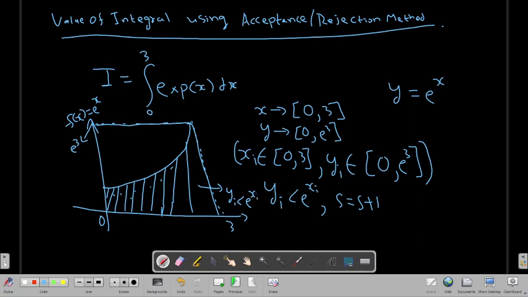So all these random numbers will be accepted. Any random number which falls outside will be rejected. We will not increment the counter if y is greater than e to the power xi. So this will give you the value of s, and n will give you the total number of random numbers generated.